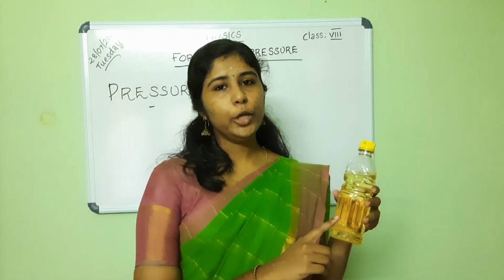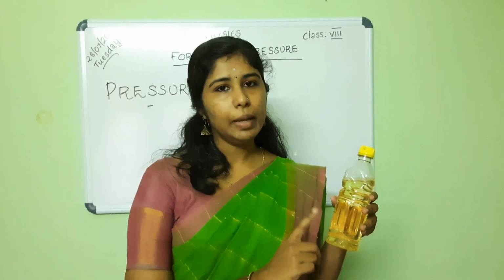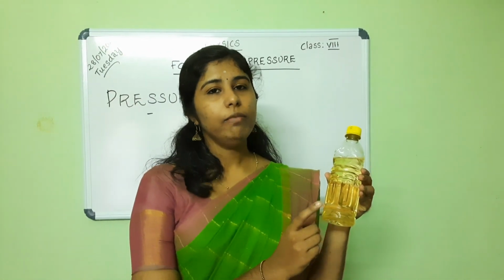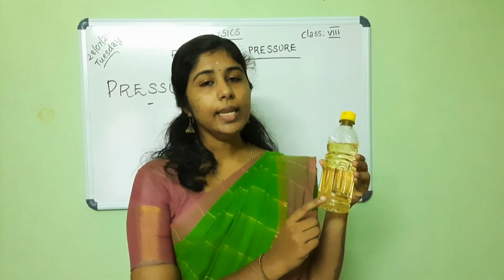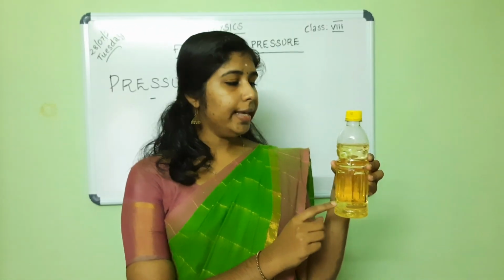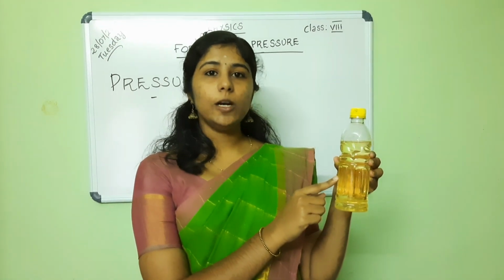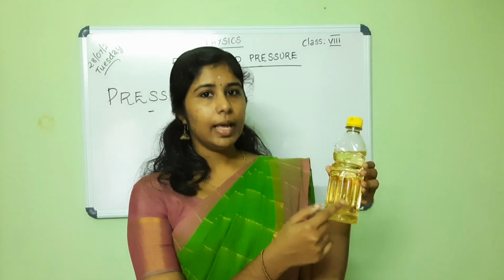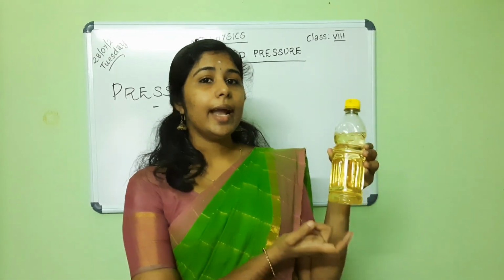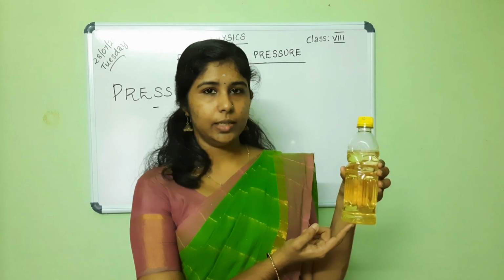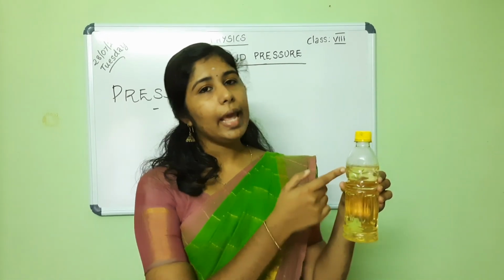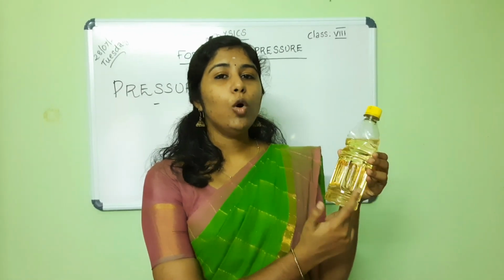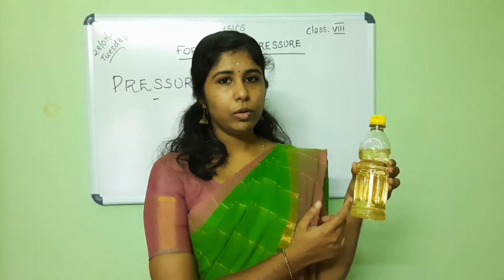We know that the liquid has mass, so it exerts pressure. Taking a bottle containing liquid, we know that the oil is in liquid state, okay? And here the oil exerts pressure downwards and also to the sideways, and the pressure exerted at the lower side will be greater due to the weight of the liquid above this, okay? So, the pressure exerted by the liquid in the lower part will be greater, okay?